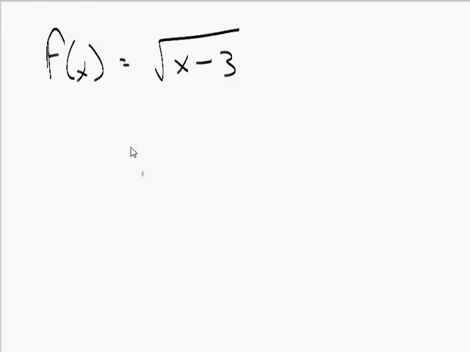Can't be a negative layer. Yeah, it can't be a negative. So it would be,